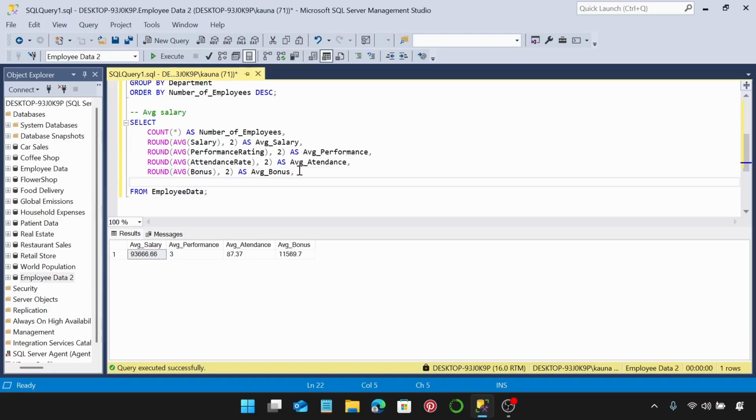So I'm going to add one more query. So we are going to, no, that was not what I wanted to go for. I'm going to just copy this, and I'm going to paste it here. So this is going to be sum, and we're going to use case when